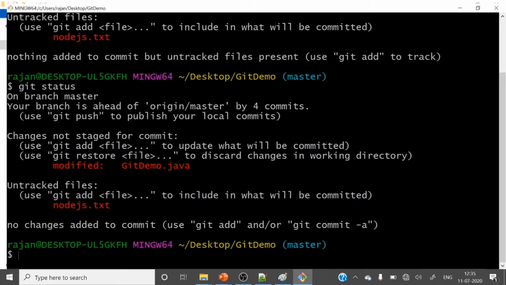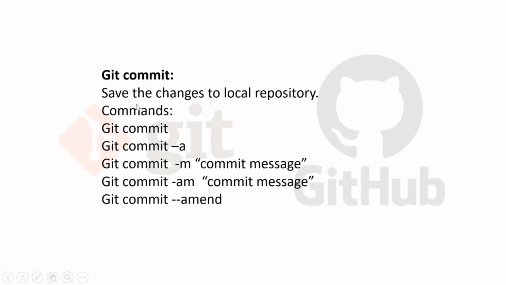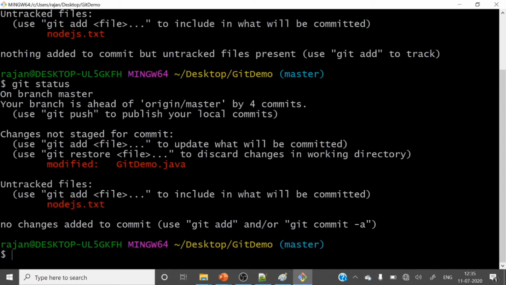If you use git commit -a, you don't need to stage the modified files, because those files are already synced with the local repo. You don't need to add them to the staging area; you can commit directly. Let me type git commit -a.